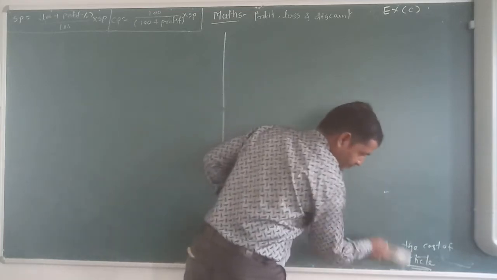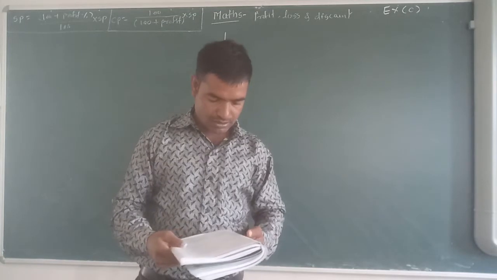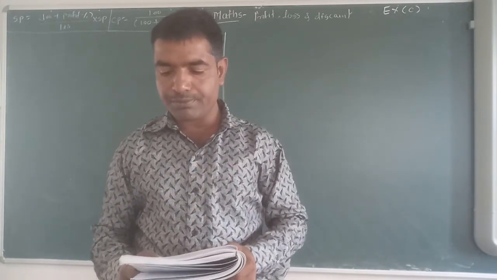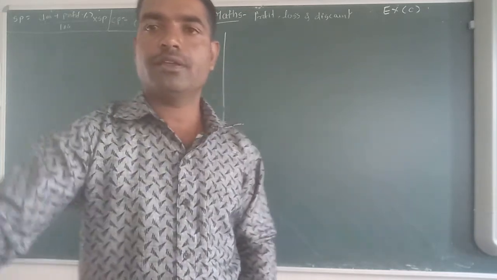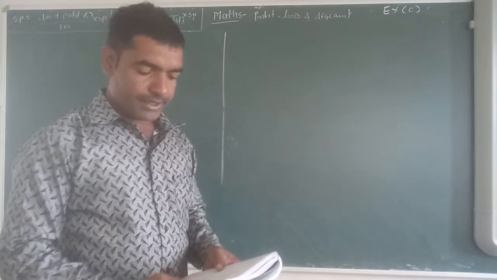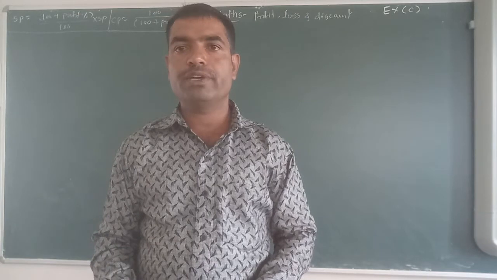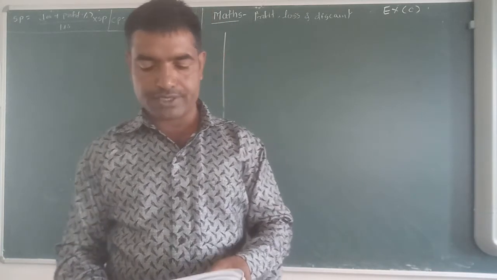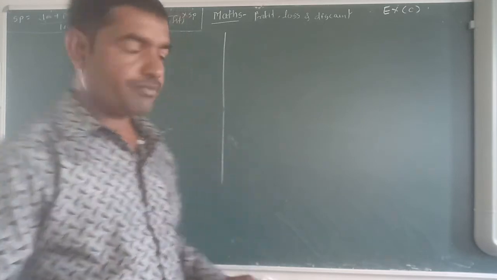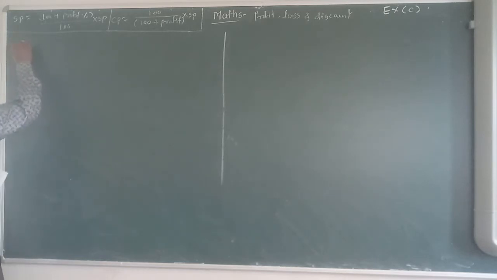Now see, after that we will see question number 5. Question 5 is: given the selling price of 15 articles is equal to the cost of 12 articles, find the gain or the loss percent. We have to find the gain or the loss percent. Okay, so it is easy. So here SP and CP are given, but for different quantities.